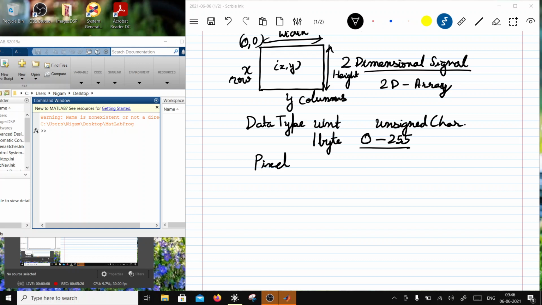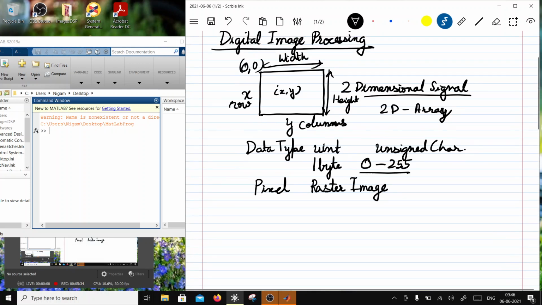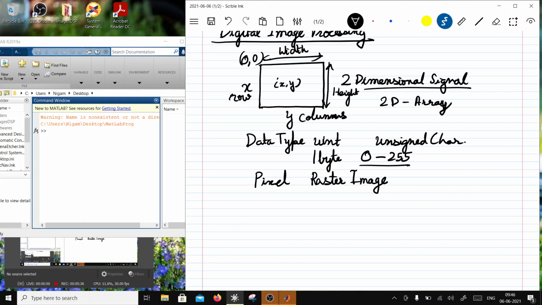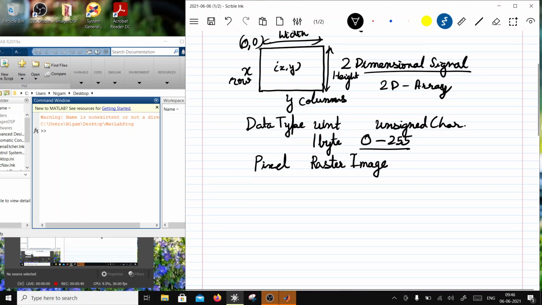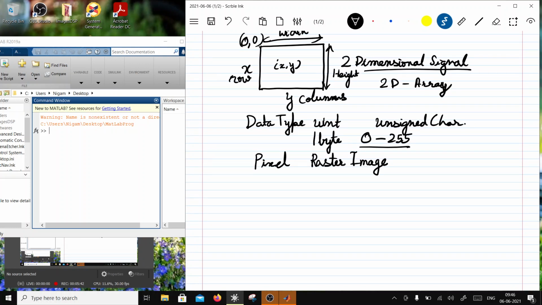This is also known as a raster image because there is no compression, it's rather just a bitmap, right? So the very basic format would be an uncompressed bitmap.